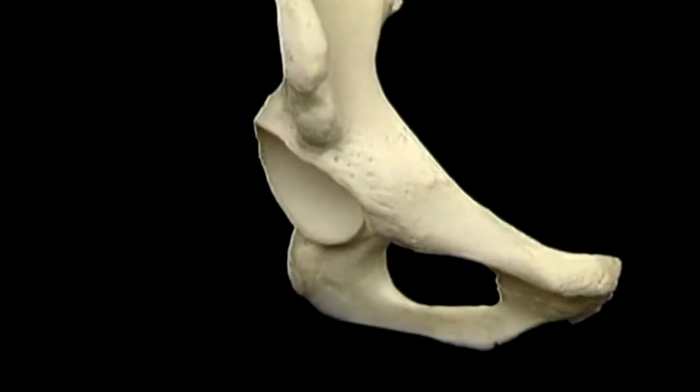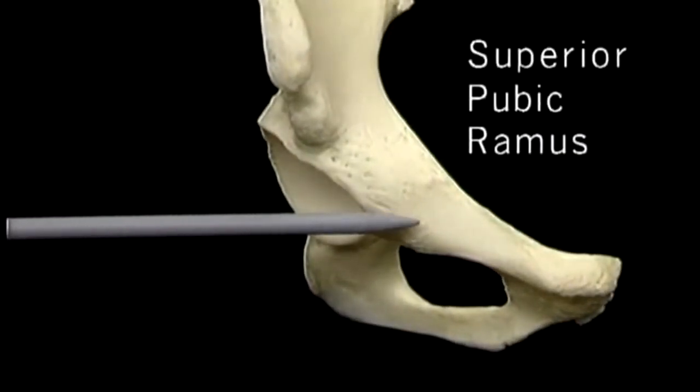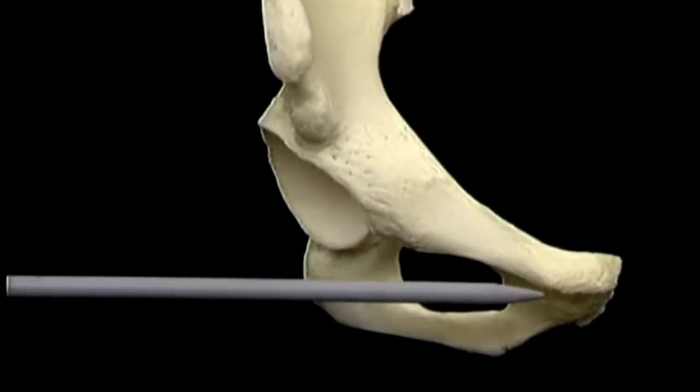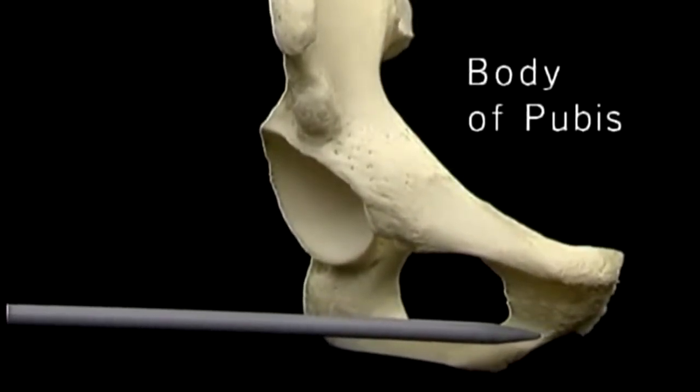Next, we'll look at the pubis. This is the superior pubic ramus. This is the body of the pubis, and this is